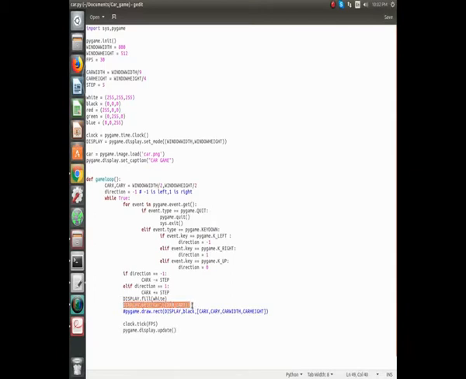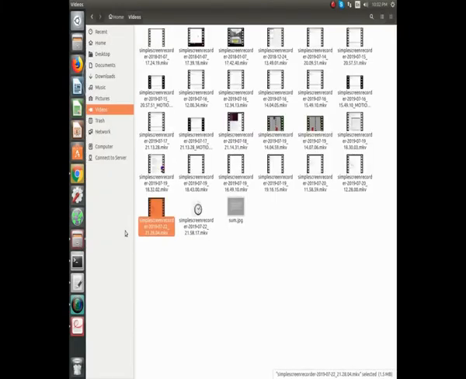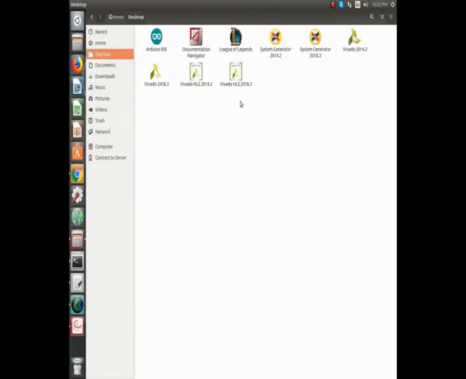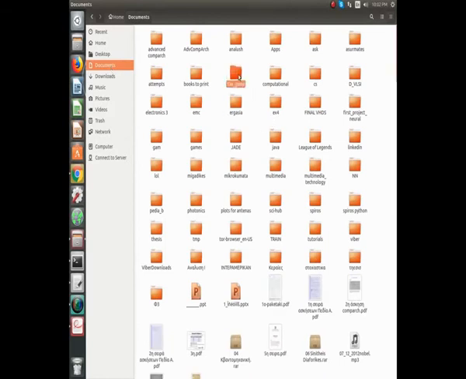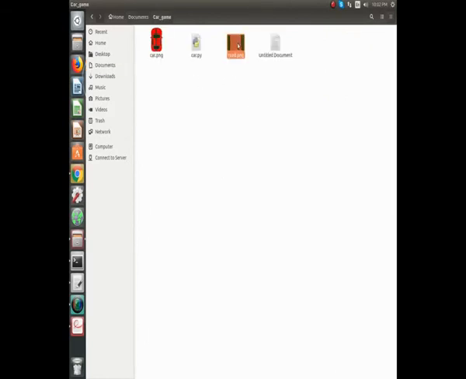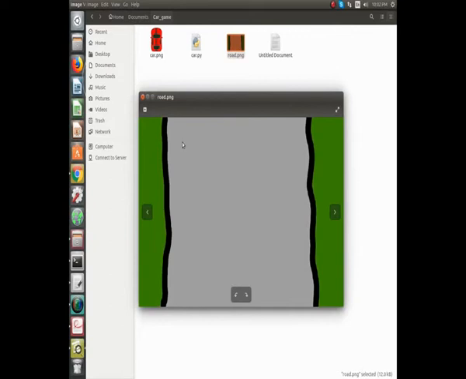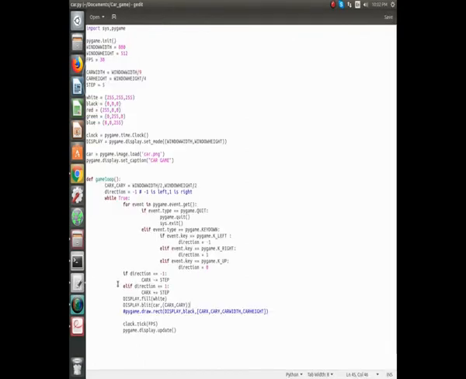We will create a new image object with the method image.load. In our folder I have put this road.png image, and I will load it inside my program